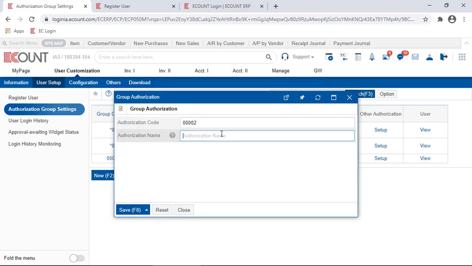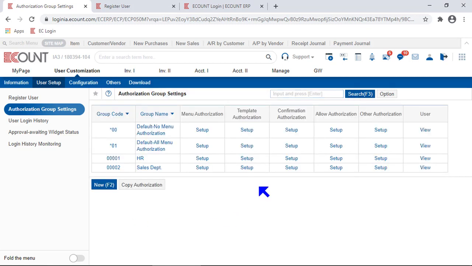If you want to divide users by their department, and if you want to set their authorizations individually by department, you can set the group name to the name of each department. I will set it to sales department and click Save. Then the group will be generated. You can set the menu authorizations for each group. Click Setup,